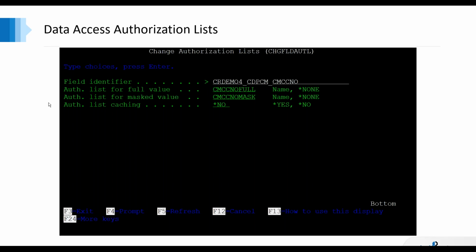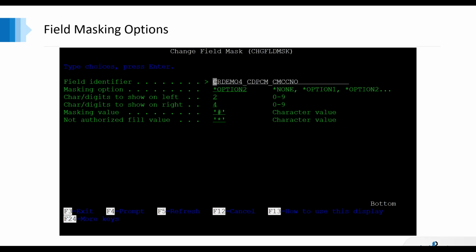So being able to use that to your advantage, you may already have authorization lists in place built around your applications, so easy integration. And of course, your field masking, the flexibility to determine how users are able to see the data and how many characters to show.